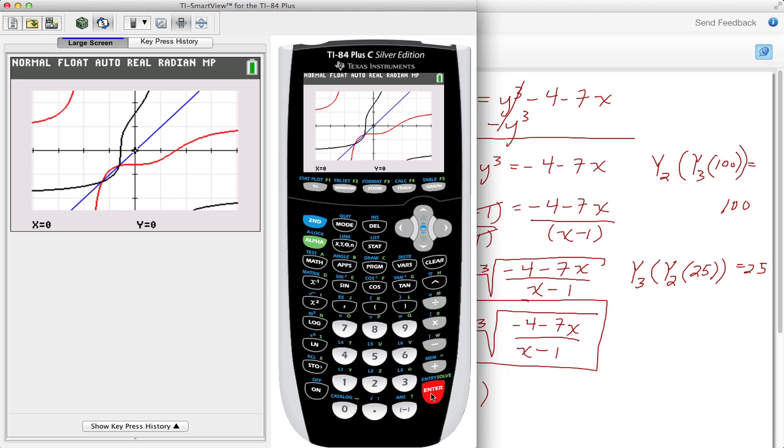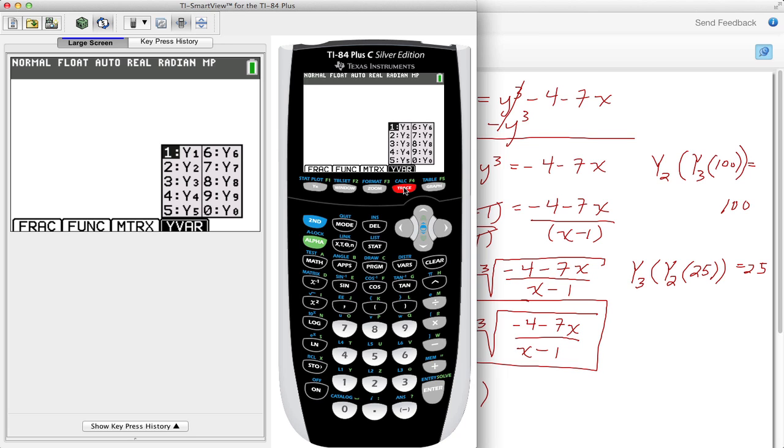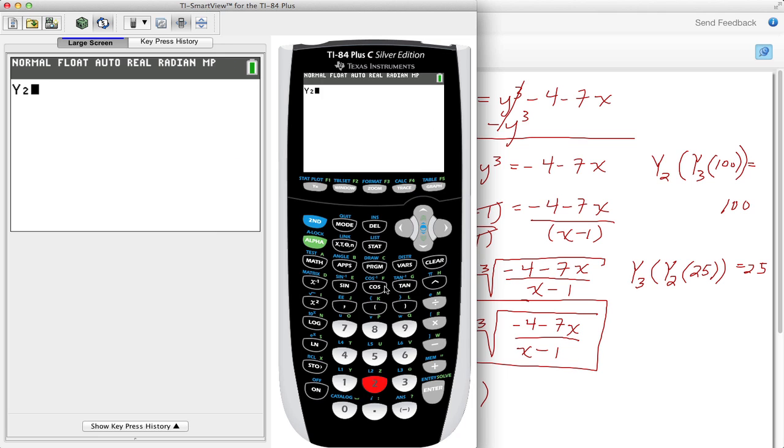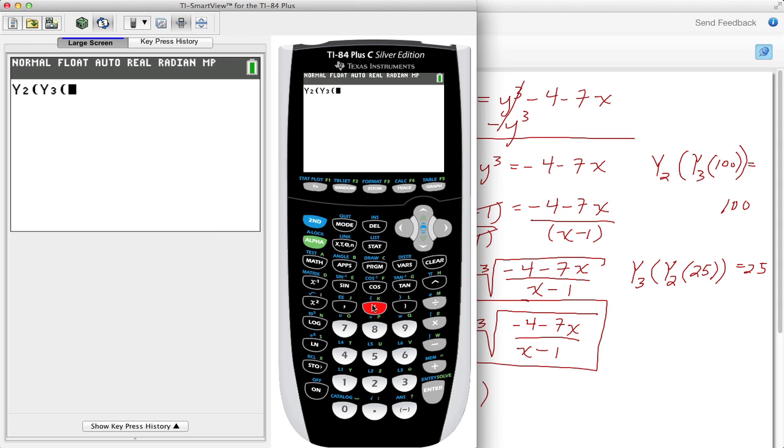All right, now let's quit out of this and go to the home screen of the calculator. If I press alpha and then the trace button, which gets me to function 4, I want to grab the y sub 2, which is the original equation, and then I want to make the input of that equation the inverse. So again, alpha and then trace, and here I want to put in y sub 3, which is option 3, and I'm just going to pick a value of 100 like I wrote here to the right. So put in 100, put in my two parentheses to close this off, and I'm expecting that my output should also be 100, and it is.